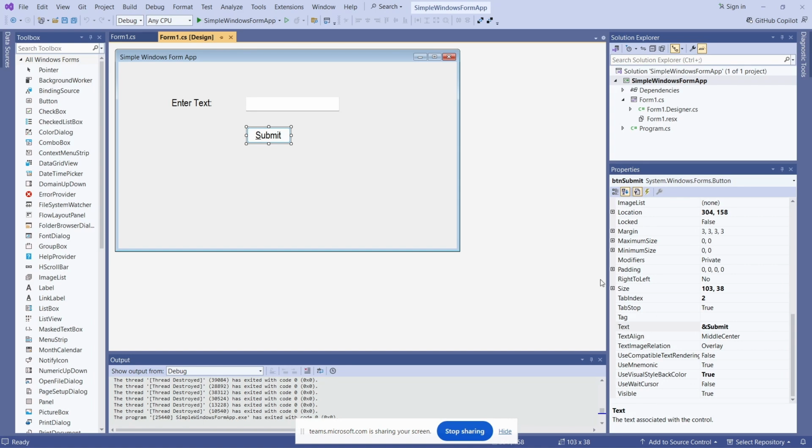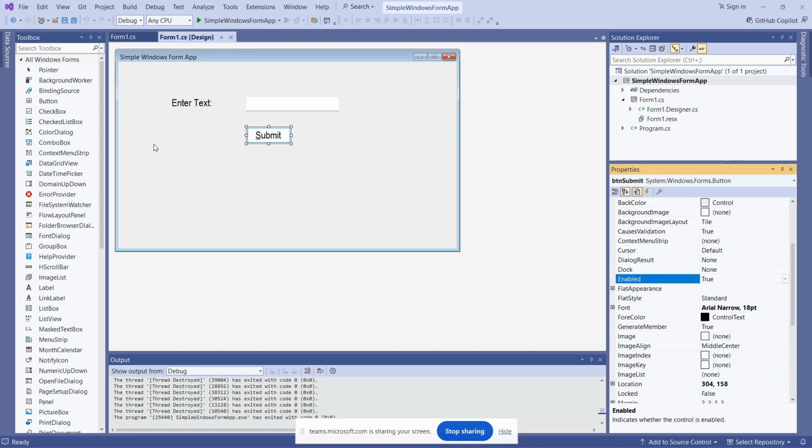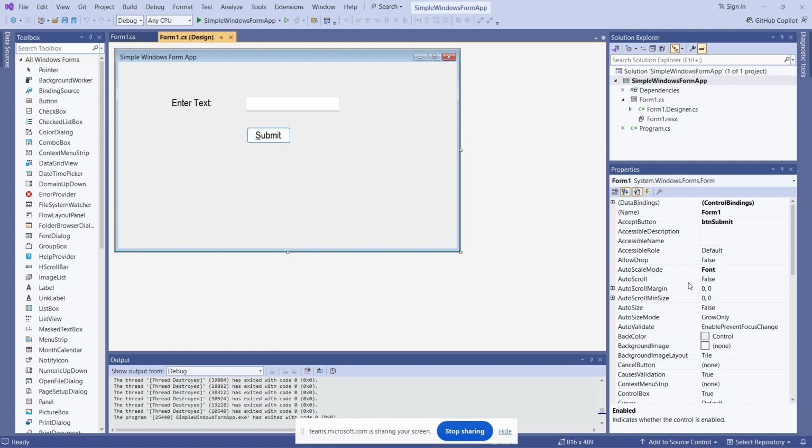We did the accept button, and that accept button, I believe that's on the form right at the top. So we have our accept button set to button submit, and that's for basically when you hit your enter key. When you hit your enter key, it's going to submit the form. Right? That's a button submit. Then we have a cancel button property. We don't have a cancel button, but